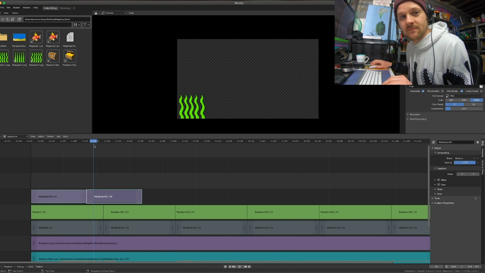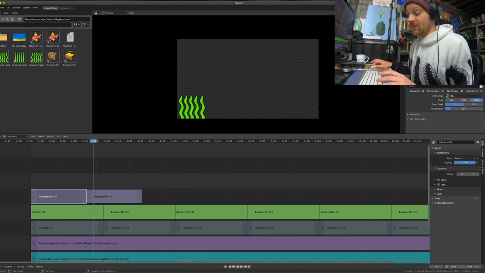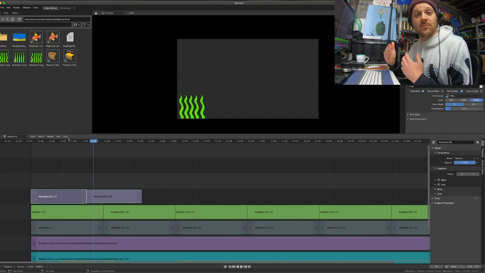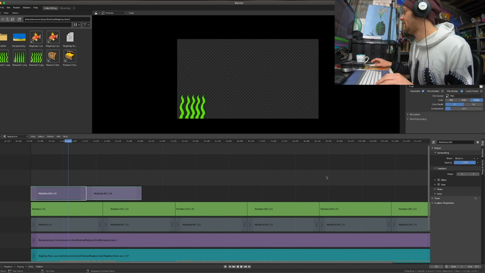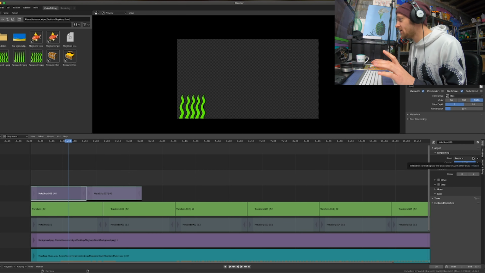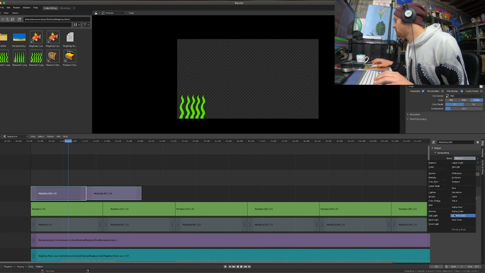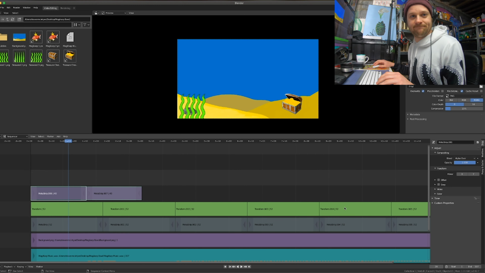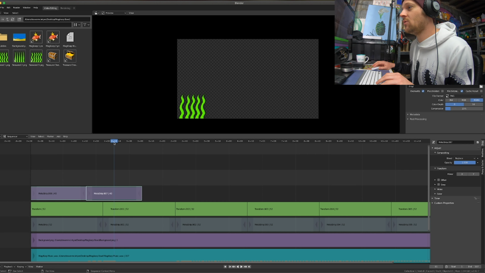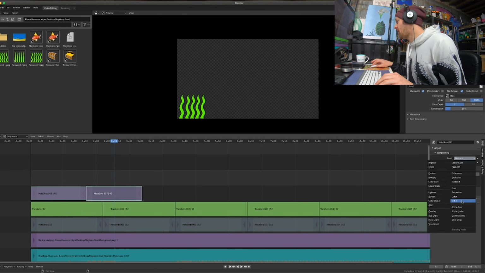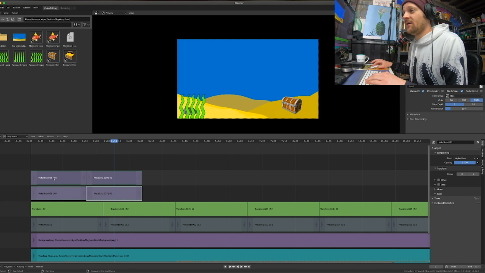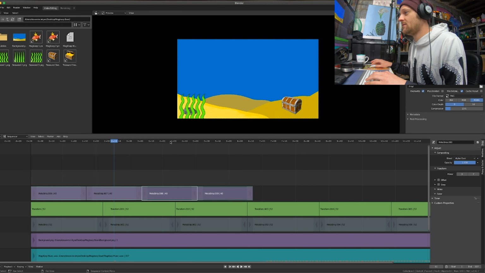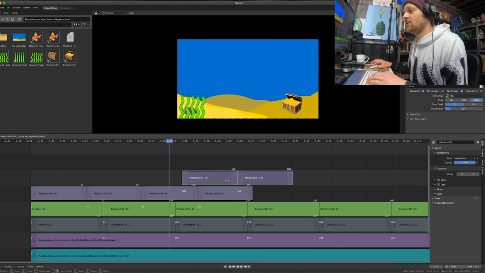Now, what happened? Again, it's because we need to change the blending mode on this for it to make sense. So, again, over here to our adjust, which sits here on the right hand side, we're going to drop down to alpha over. And we'll need to do the same with the other clip. Alpha over. Now, when we copy and paste these again, fingers crossed we shouldn't have to do it again. And we don't. Copy paste,